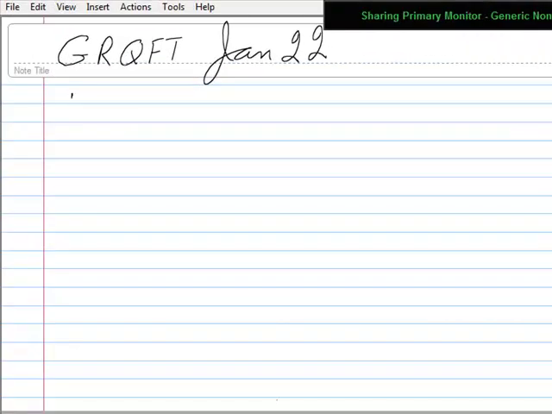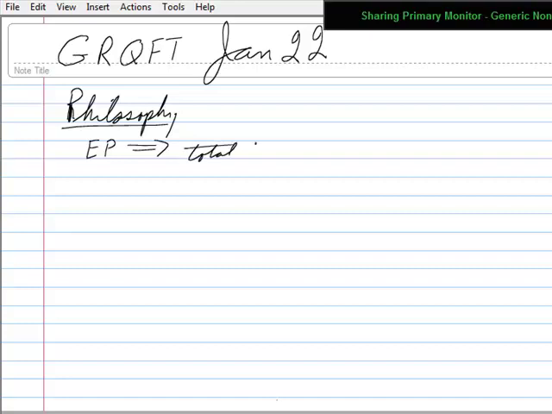So let me just start with a reminder on our philosophy. The idea that we started off with a failed attempt to do a scalar theory, a Higgs-like theory, but then we latched on to the equivalence principle. And the equivalence principle told us that we should use not just the mass, but use the total energy and momentum, which then led us to the energy momentum tensor. We want to use this as a source then,